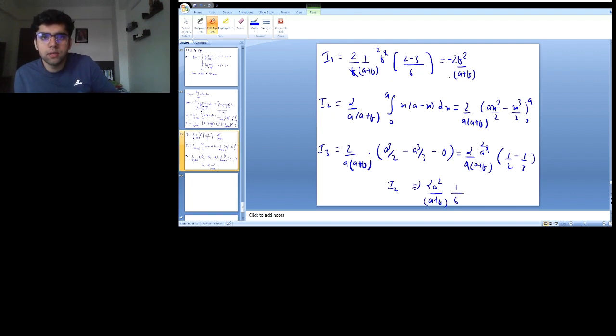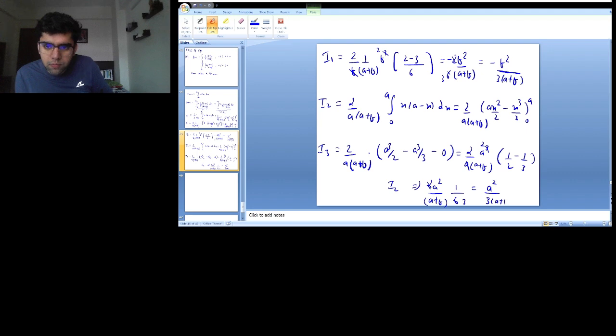And I also had 6 here. This becomes 2 and 6 goes away, I'll be left with 3 here, so this will be minus b square by 3 a plus b,